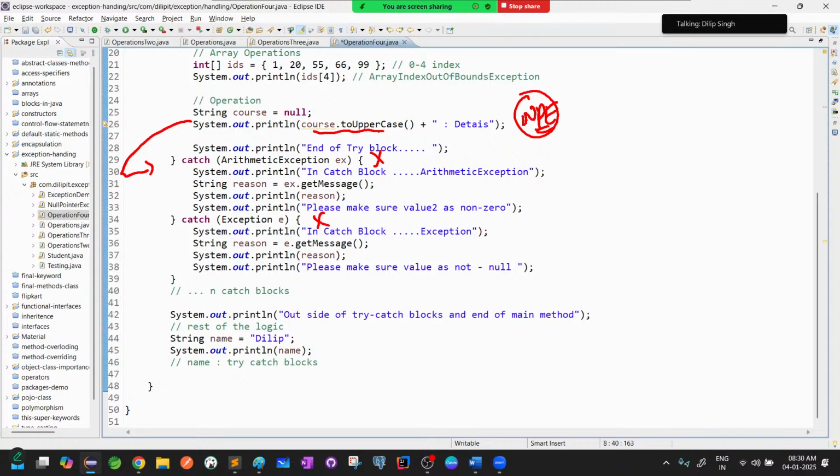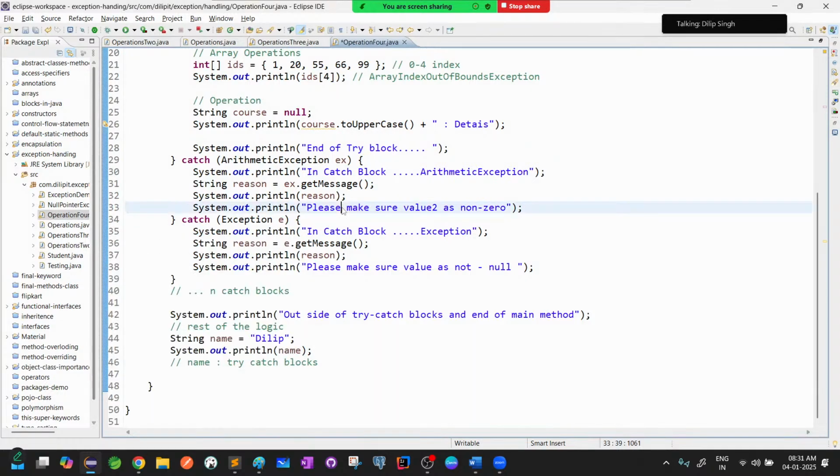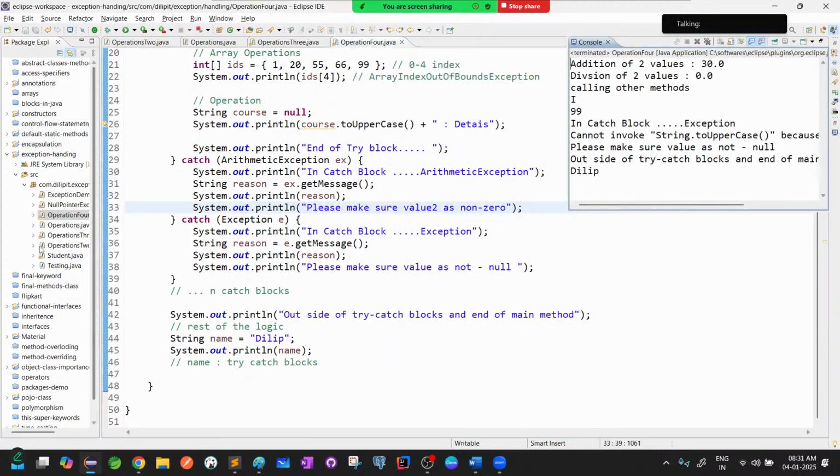That means what will happen? It comes here, not matching. Then it will come here. That means no specific catch block found. So it is going to terminate the entire execution flow and this logic is not executed. See what's happening here. If you observe, even though you got null pointer exception,